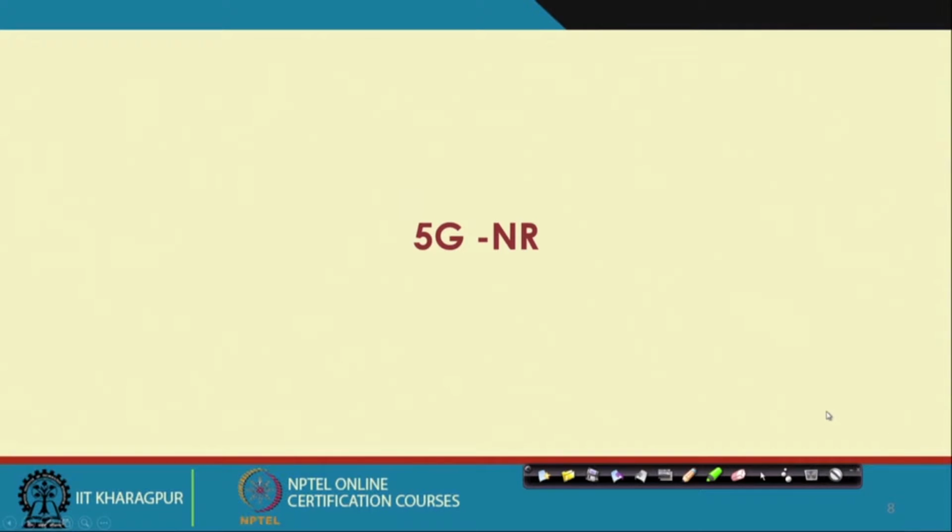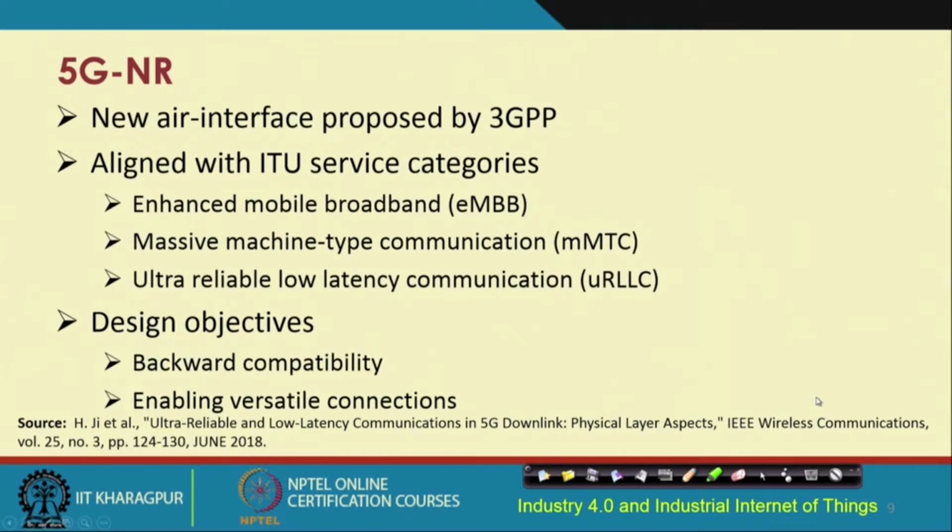So, let us talk about this 5G NR. It is a 3GPP protocol which provides new air interface and is aligned with different ITU service categories such as the enhanced mobile broadband eMBB, massive machine type communication mMTC, and ultra reliable low latency communication URLLC. So, the design objectives are to offer